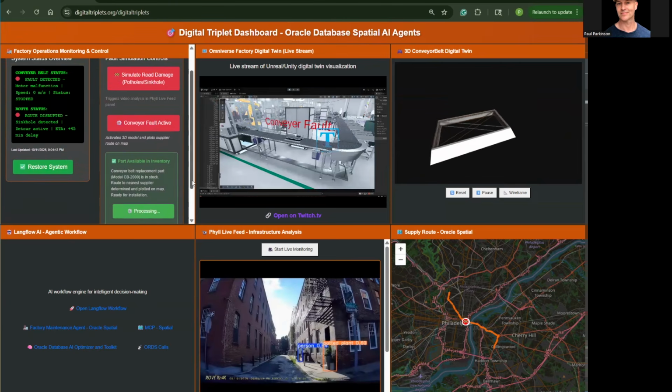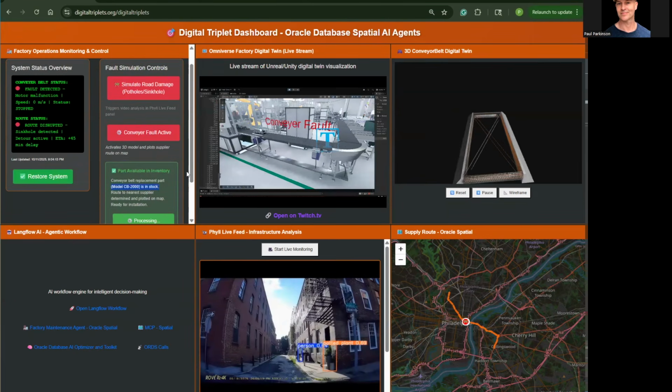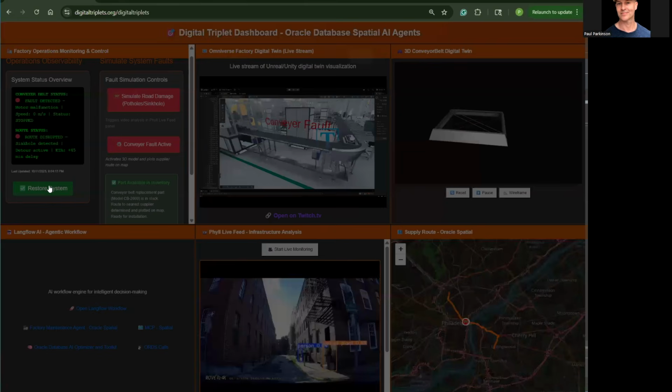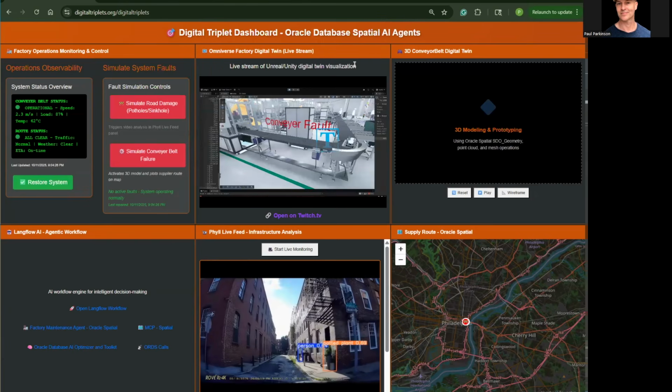We process that approval, and then we see the fault remedied, and we restore the system as a result. So everything goes back to normal in our digital twin in Omniverse. Now, let's take a closer look at the actual agentic AI flow. The first thing we have is the